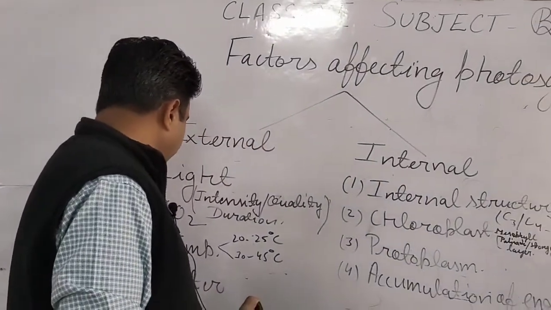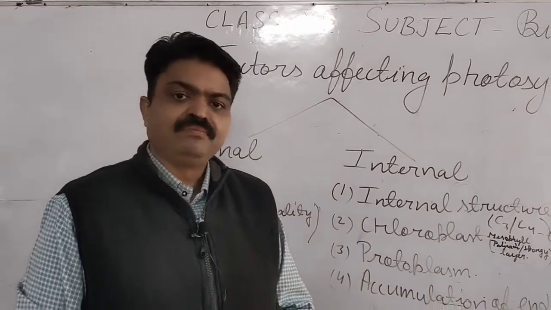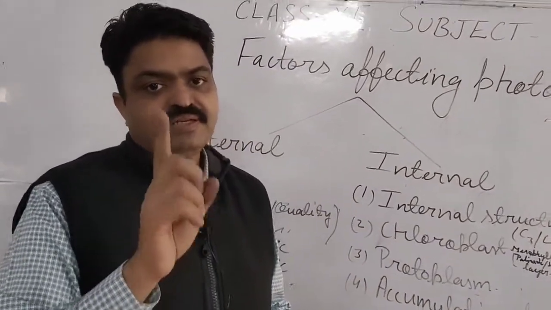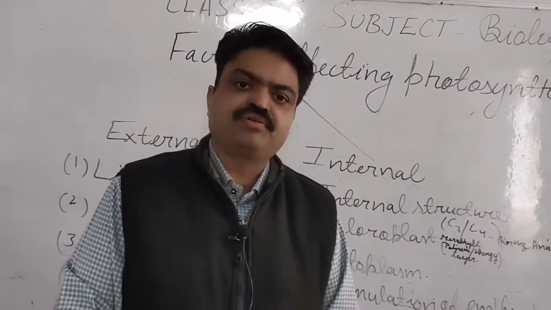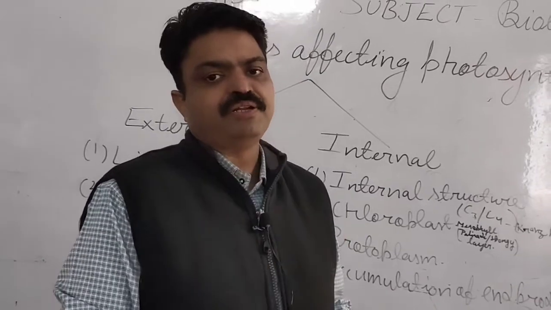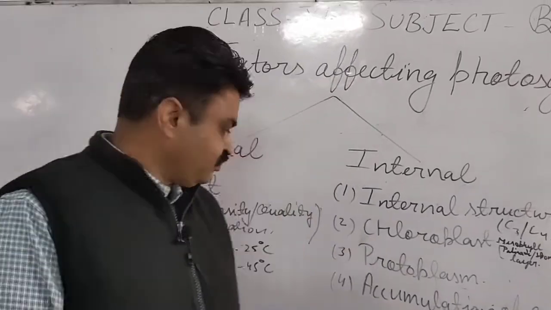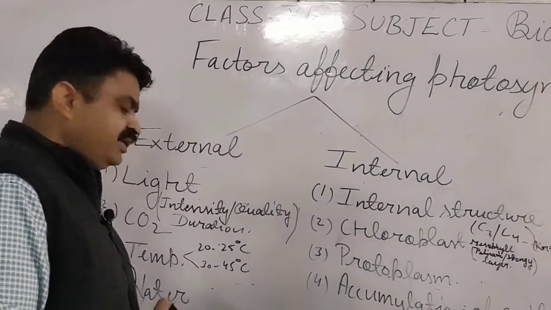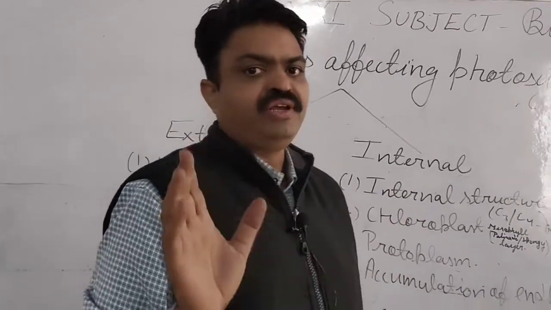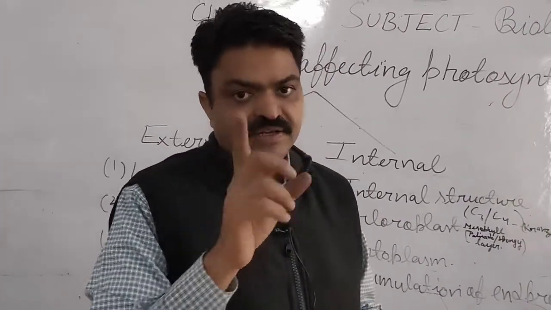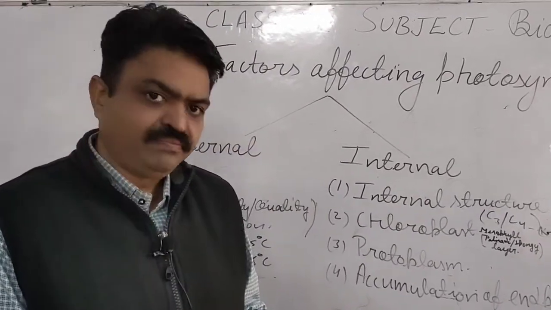With this, student, oxygen. Oxygen is also needed by the plants in photosynthesis, especially to do the important process that is known as photorespiration, and that photorespiration is found in the C3 plants. So oxygen is also required, but oxygen is not required by the C4 plants. They don't need the oxygen. Plants that need the oxygen in photosynthesis are known as C3 plants.